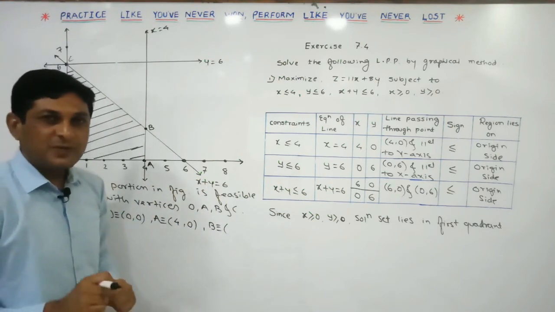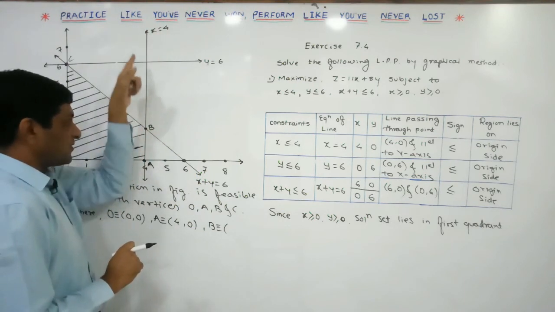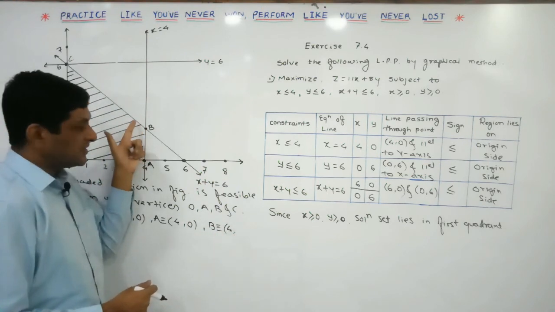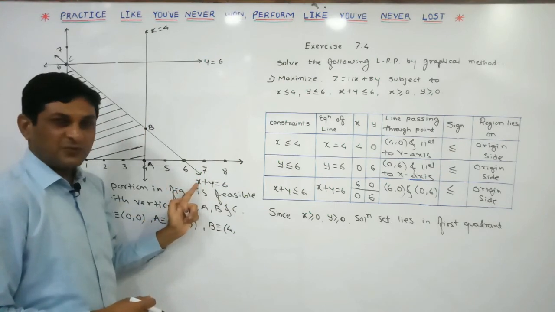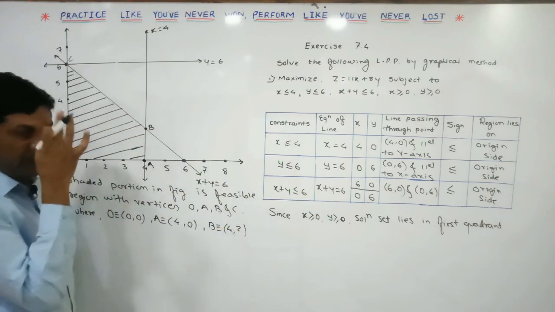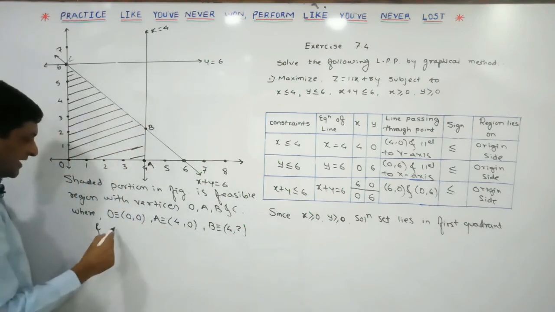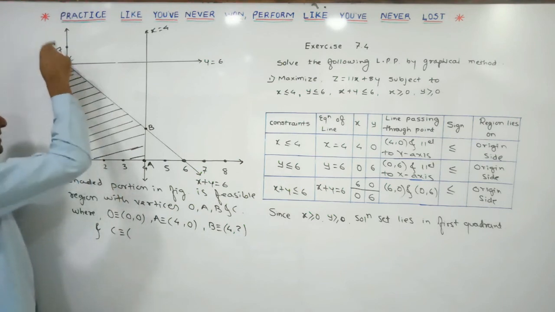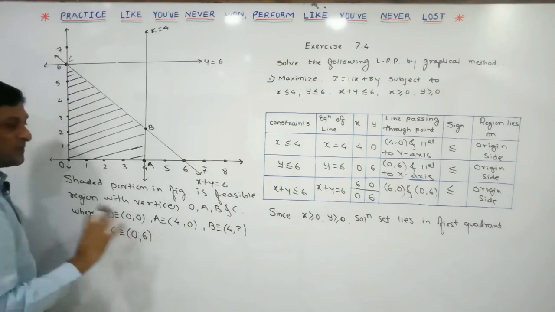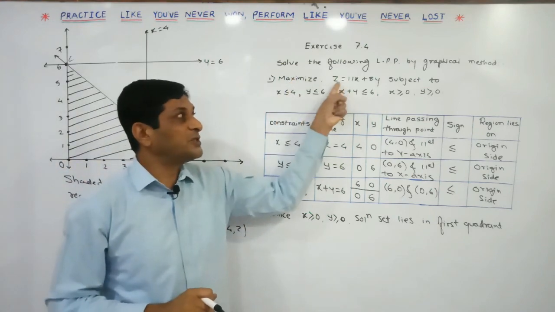Solving these two equations, we find the coordinate of point B. Here we can observe that x is equal to 4 means the x coordinate of all the points on this line is the same, that is 4. So x is equal to 4. To find the y coordinate, substitute x is equal to 4 here; plus 4 on this side will become minus 4, so y will be equal to 2. In this way we have got the coordinates of 3 vertices. Lastly, let us find the coordinate of our last vertex C. C is a point that lies on the y axis, so the x coordinate is 0 and the y coordinate is 6.